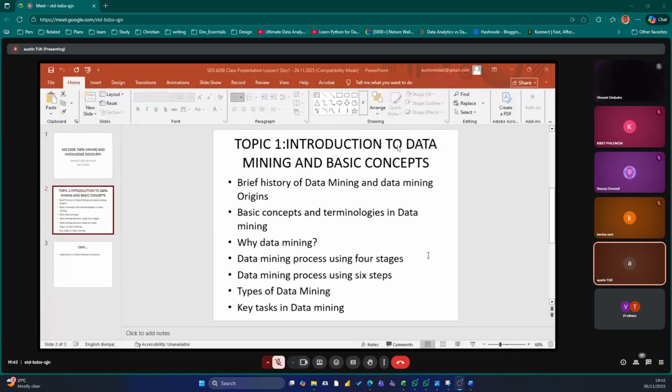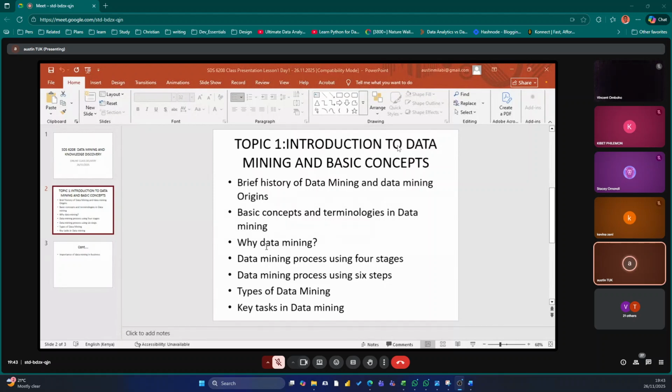Number four, you need to do analysis. Then after analysis, you do interpretation. You analyze data. After mining, you look at the results, and after looking at the results, which must be in form of analytical models.